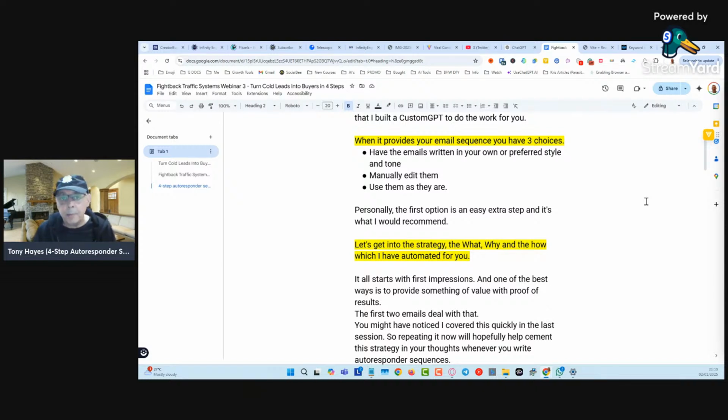You've got a choice of having the emails written in your own preferred style and tone, which is what I do. Or you can manually edit them or use them as they are. Sometimes it comes out okay, and you think, I kind of like that. But if you feed the AI a sample of copywriting, whether it's your own copywriting or maybe somebody who is very good at copywriting that you like the style and tone of, then you can just put a sample there, and often it will come out quite good.